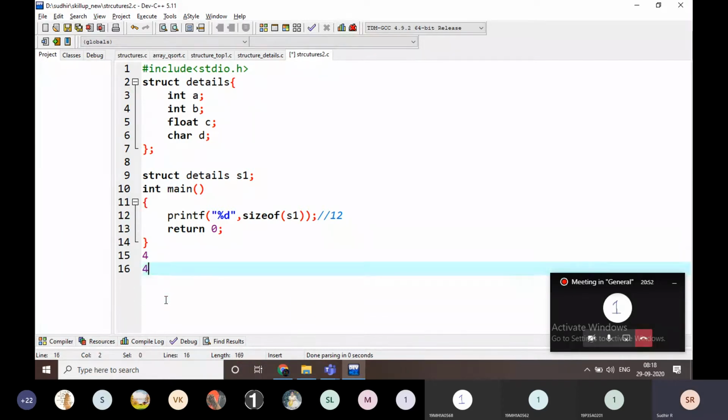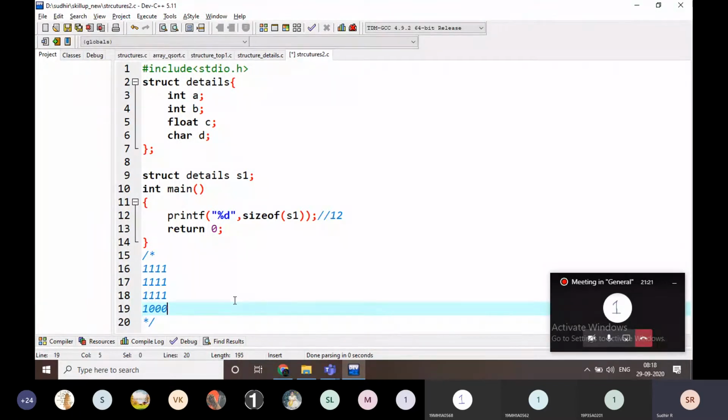Why? Because, for example, just listen carefully. 1 byte, 2, 3, 4 bytes, 4 bytes, 4 bytes. Here character 1 byte is enough, right? Character 1 byte is enough, but it wants to maintain the same size as the above ones.